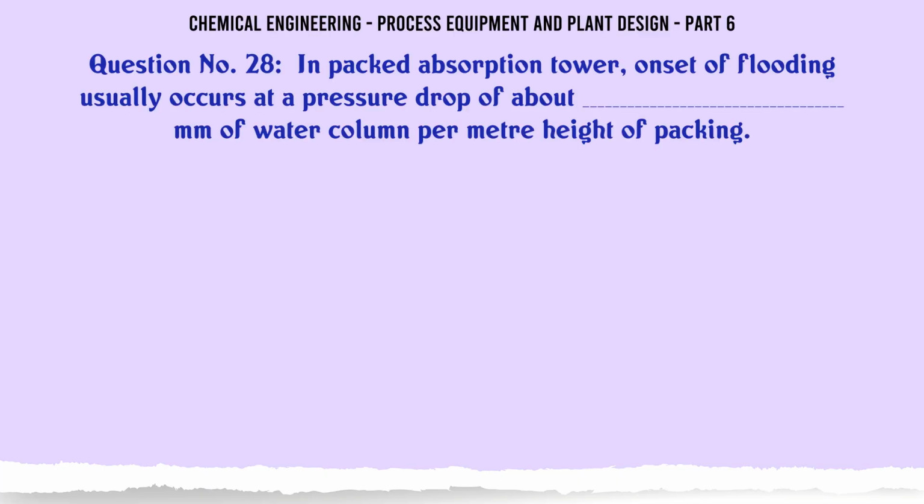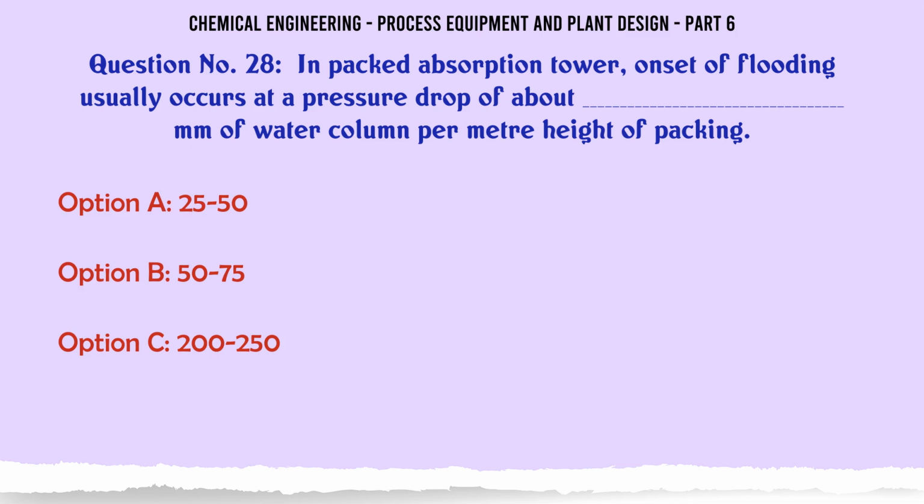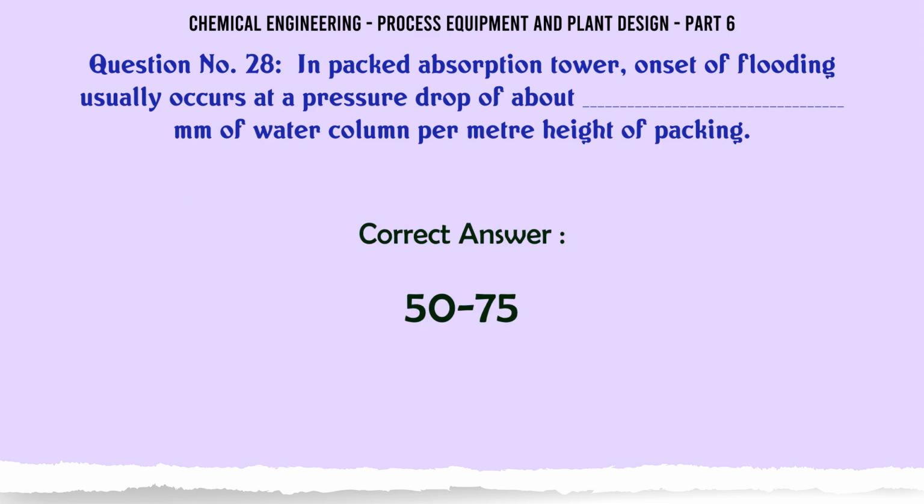In an absorption tower, onset of flooding usually occurs at a pressure drop of about blank mm of water column per meter height of packing. A. 25-50, B. 50-75, C. 200-250, D. 750-1000. The correct answer is